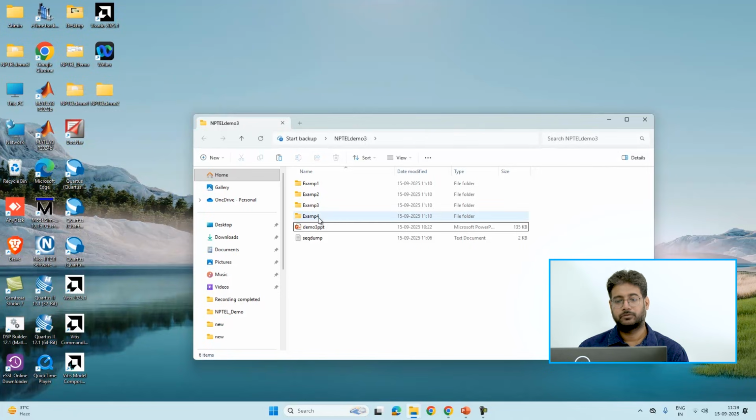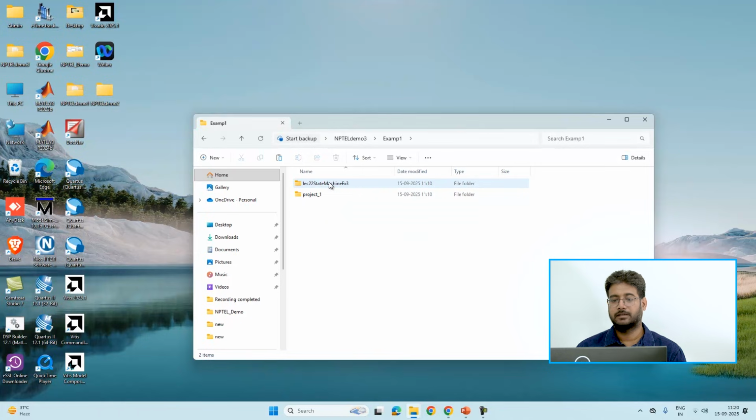And the last one, example 4, would be a memory bank, how to create and store data in a memory bank. The simulation of these 4 examples would be demonstrated in this session. And these examples have also been covered in the lectures taught in the course. So the first example